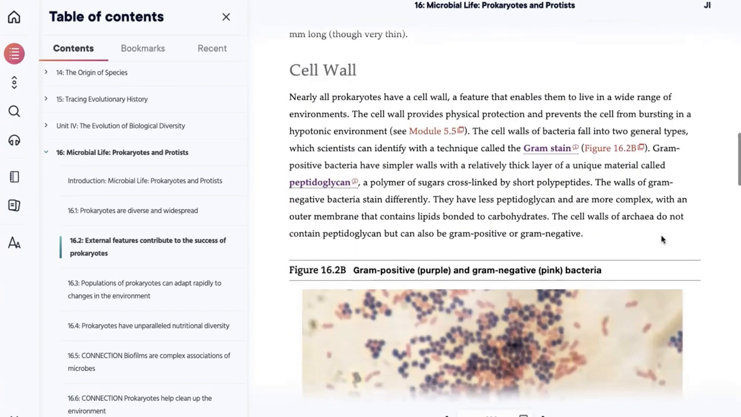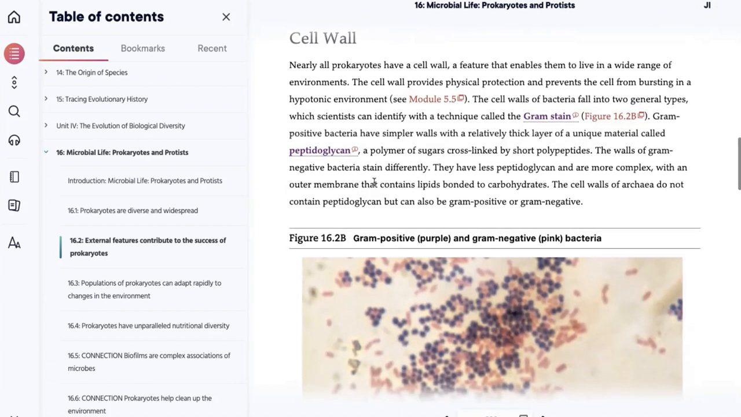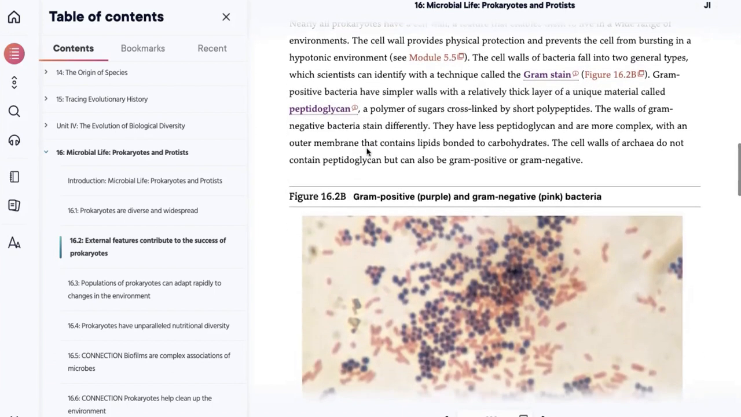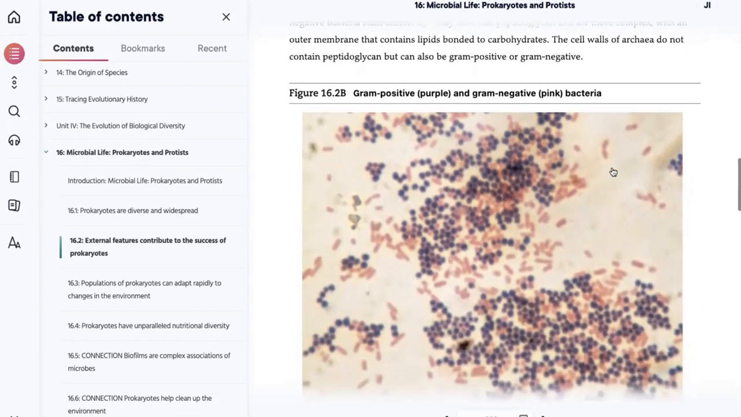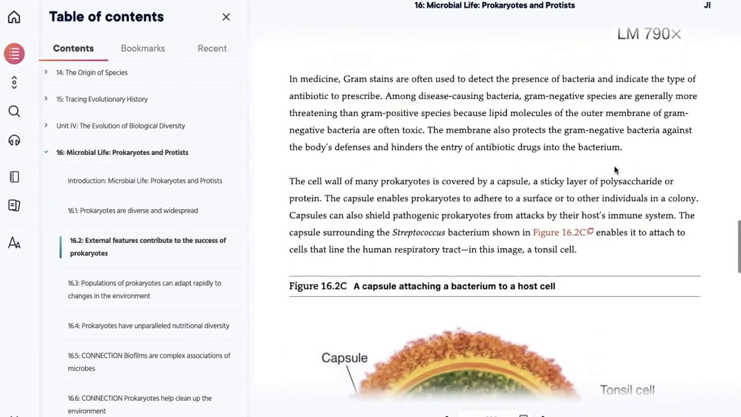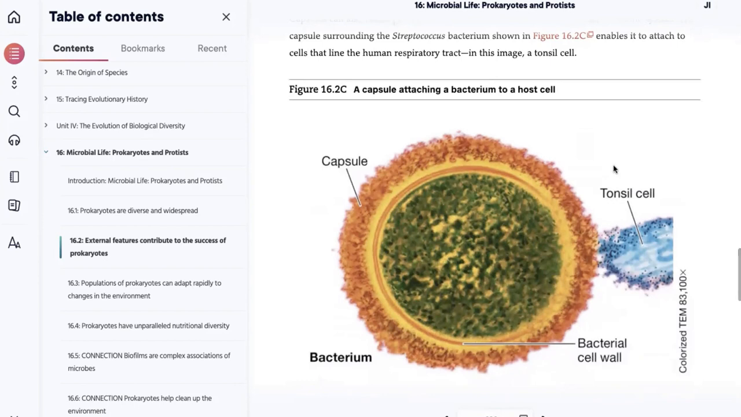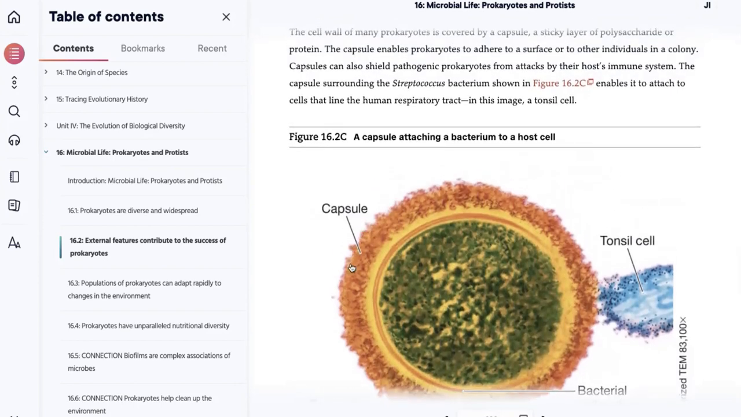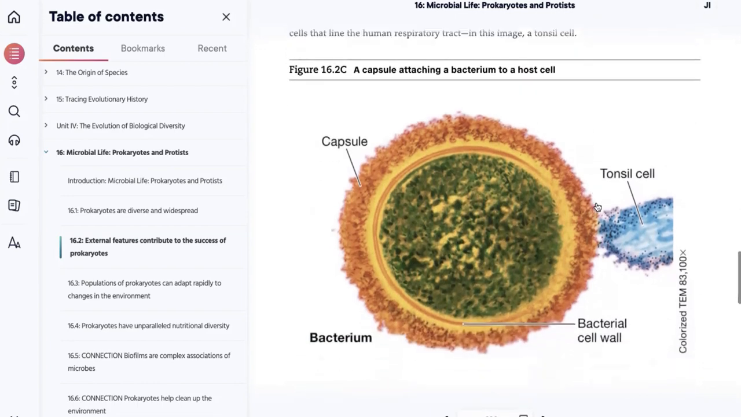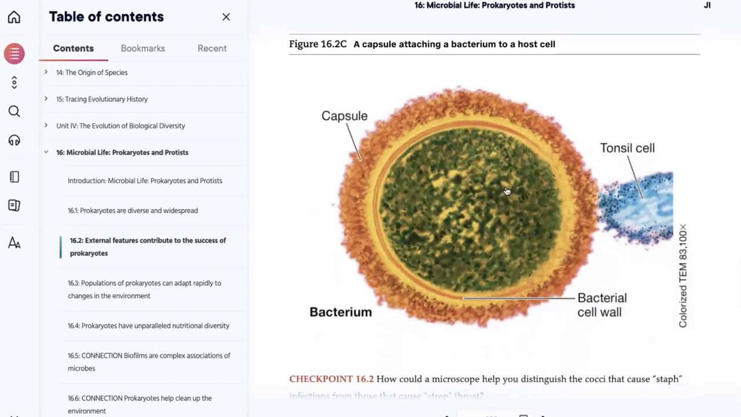The cell wall of bacteria, a little more detail here. This is where you can see that the material that is always going to be there in bacterial cell walls is peptidoglycan. Then it talks a little bit about the bacterial capsule and how the bacterial capsule causes cells to, one, adhere, stick to cells that it's targeting, stick to other cells in a colony, but it's also going to help protect it from a